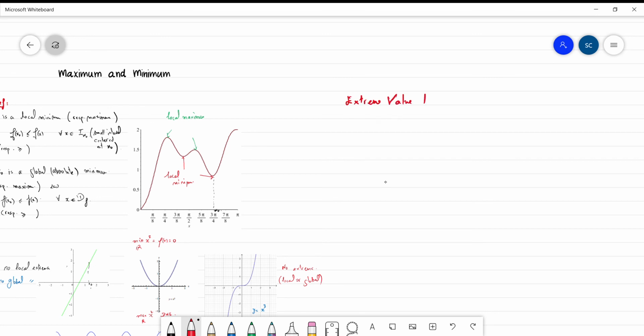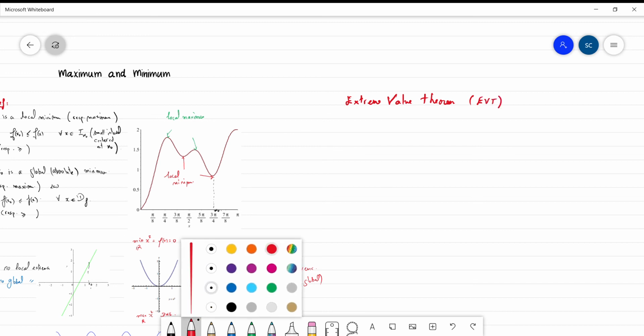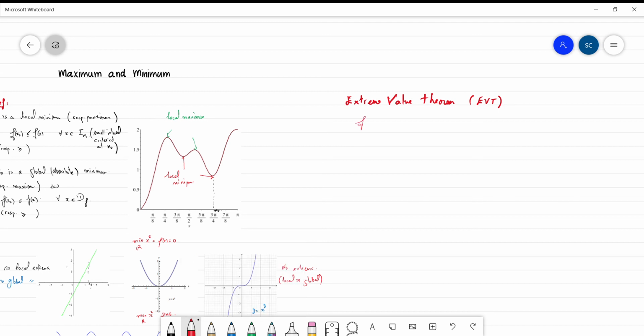From now on we will use the abbreviation EVT. The theorem says the following: if f is continuous on an interval [a,b], where [a,b] is a closed bounded interval,